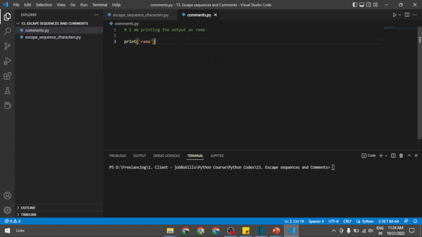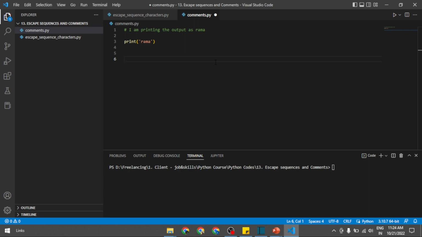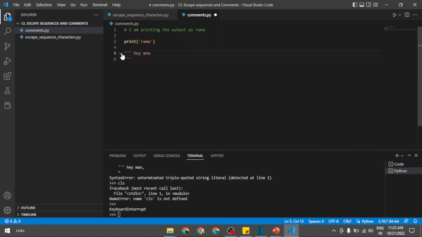That's all. Now if you want to add multi-line comments, for example, if you want to write comments in different lines, so that you don't mess up a single line and want to write it in 3 or 4 different lines, then you can make use of multi-line comments. How exactly? We can make use of triple quotes. If I print this, using triple quotes, hey man,